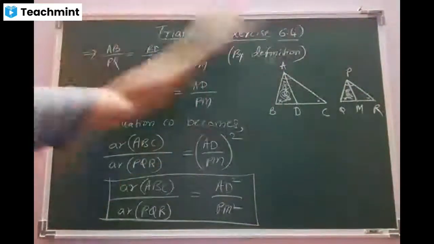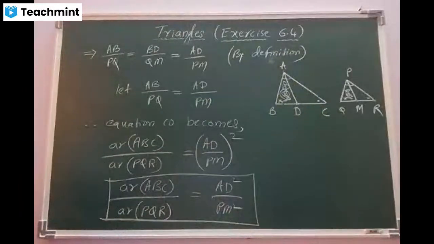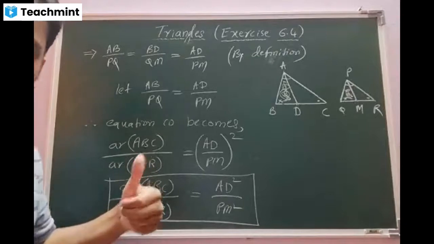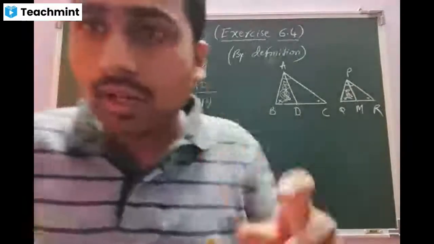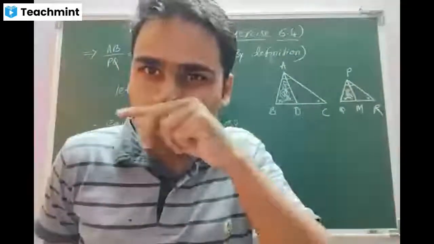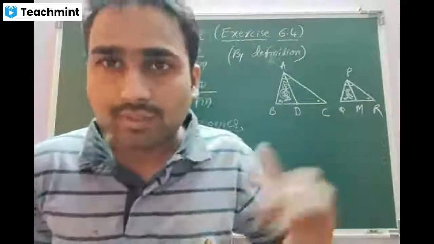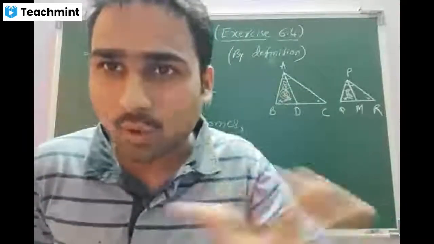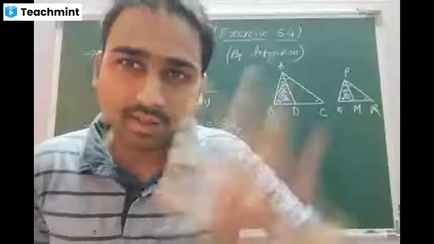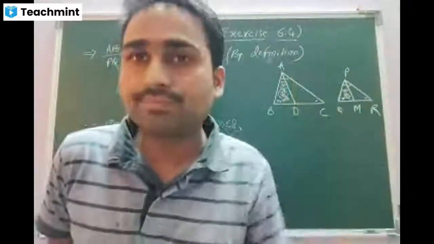Copy fast. Do it. Done? Is there any confusion, beta, in question number 5 and question number 6? Beta, remember one important thing. This question number 6 is nothing but almost the revision of question number 12 and question number 16 of your earlier exercise 6.3. Correct, beta?